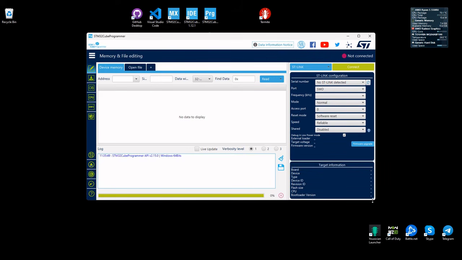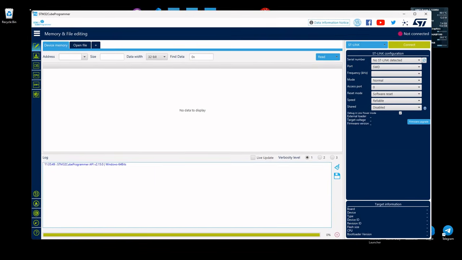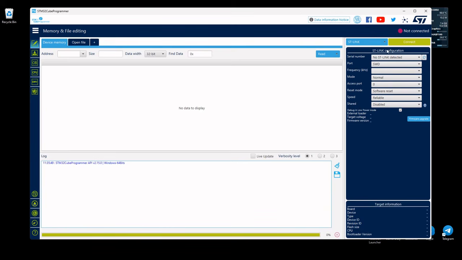Now we cannot see many features of the programmer, because the board is not connected to my computer. Here you can choose the programming tool. ST-Link, USART, USB. We are using ST-Link, which is the programmer is installed on the boards, and you just need